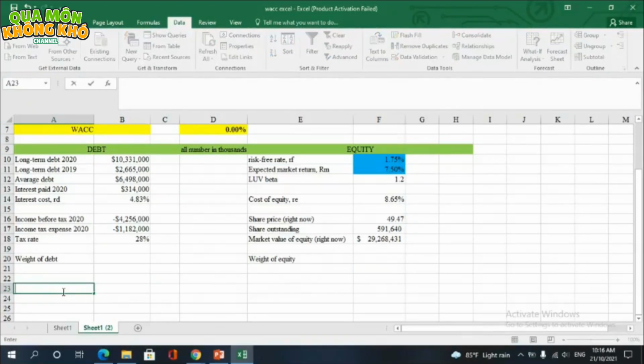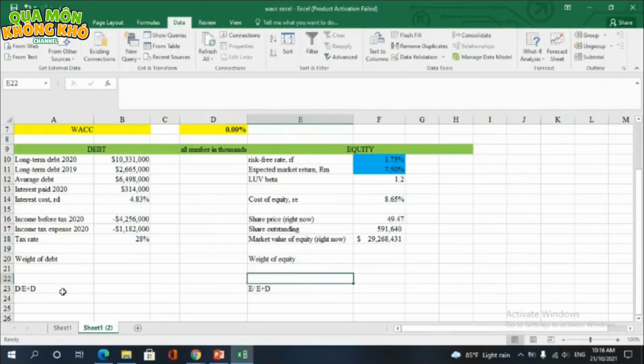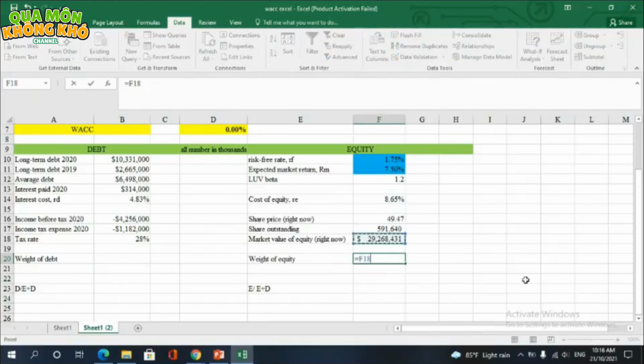equal D divided by E plus D, and the equity is E. Because we have the old number, we just calculate the weight of debt and the weight of equity. The weight of equity is market value of equity divided by the long-term debt, and the weight of debt is